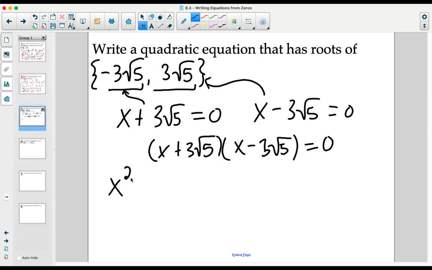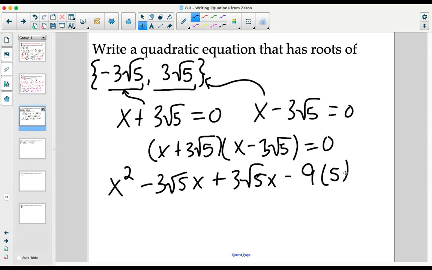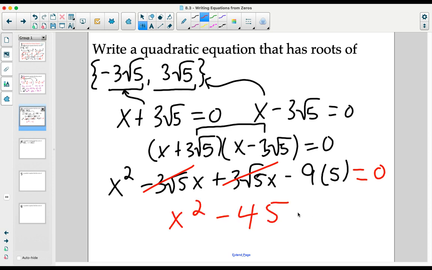So let's multiply this out. We have x squared minus 3 root 5x plus 3 root 5x minus 9 times 5. And that comes from the 3 root 5 times 3 root 5. Like I said, we're going to get a cancellation here and here, leaving us with just x squared minus 45